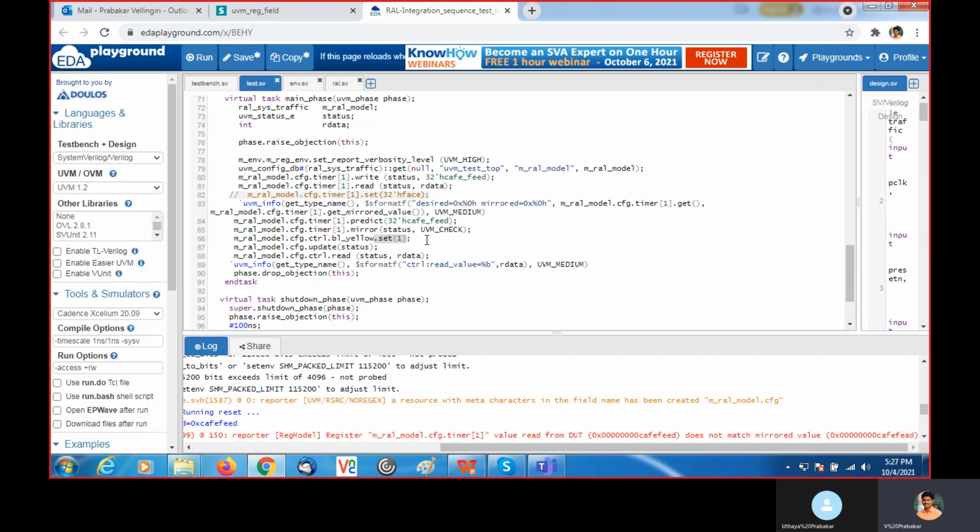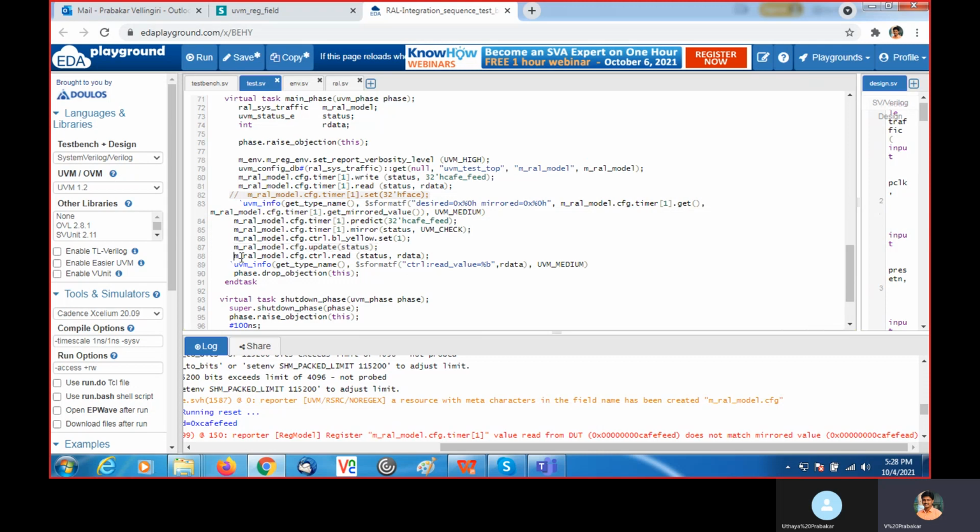In the register model, I am setting the desired value for this blink yellow to be 1. Then I am calling the update method, register model dot CFG dot update with status. When you use this update, it will check the mirror and the desired value. Now both are mismatched, so automatically this value 1 will be updated to the corresponding register.